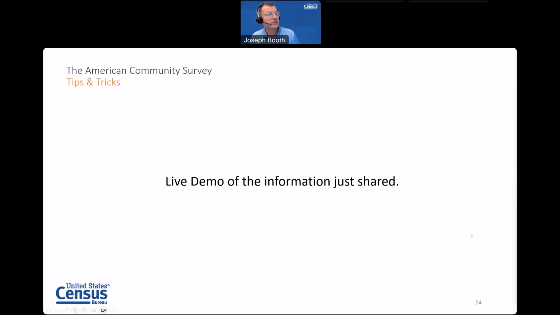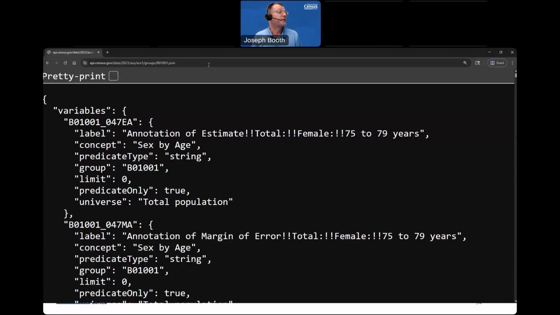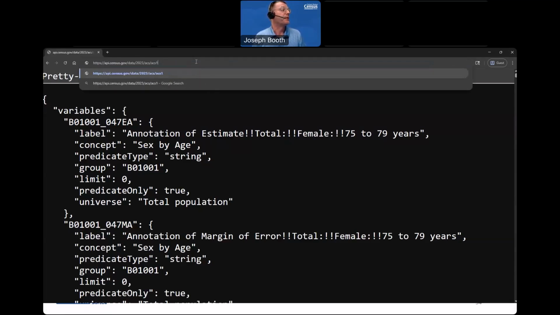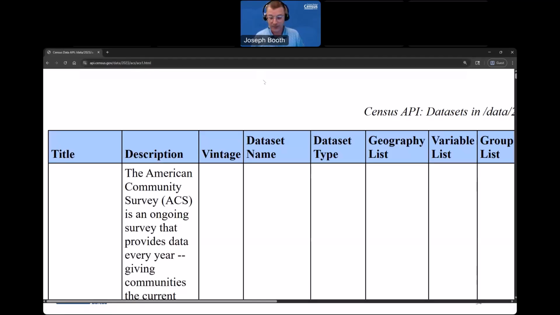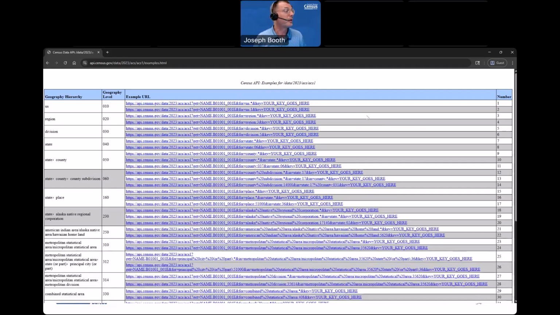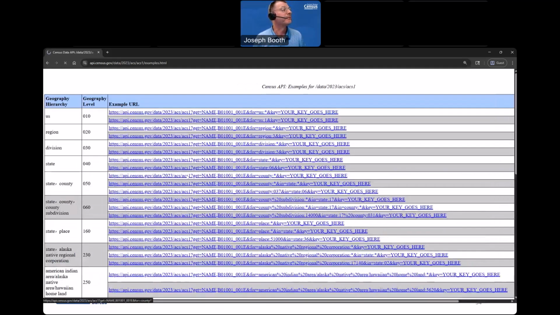All right, so let's take a look at this here. First thing we're going to do is put this back to our endpoint, right? And whoops, I pressed the wrong button there. We hit Control-0. And before I open data.census.gov, I'm going to open up examples. I'm going to pull our county example link again right here.